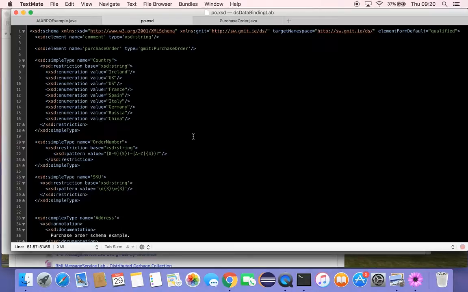Okay, now an XML schema is to an XML document what a relational schema is to a suite of tables. In other words, it's a data definition language. The XML schema defines what a valid instance of an XML document is. An XML document that is syntactically correct is called well-formed. A valid XML document must be both well-formed and be fully compliant with either a document type definition or